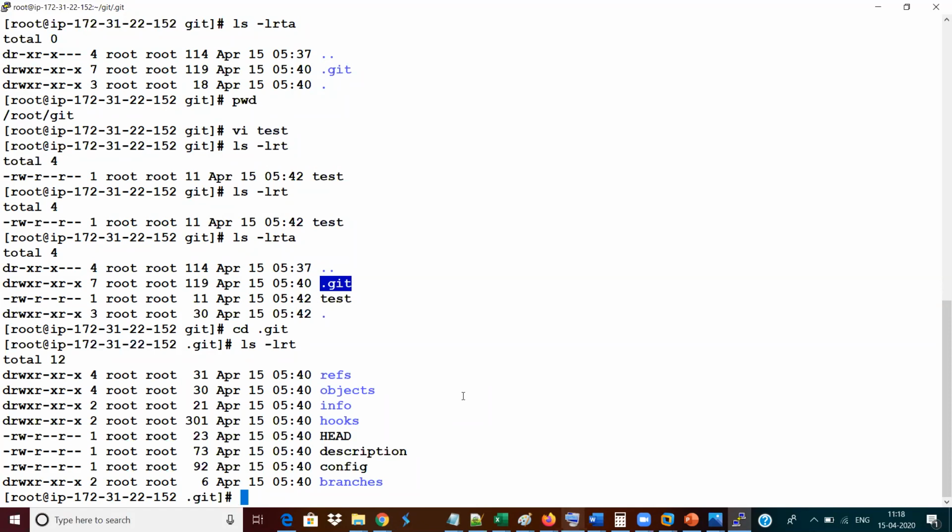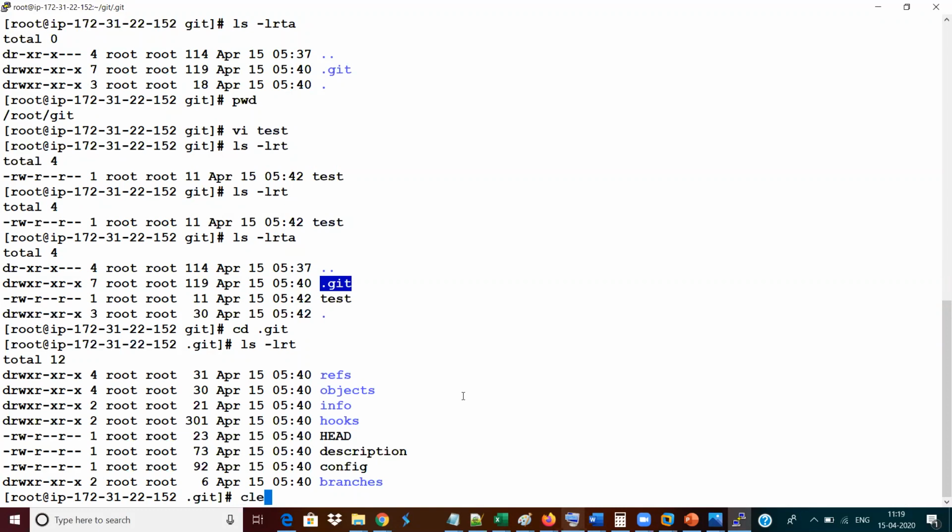Everything will be available here, guys. Anything you need to do related to Git operations, whatever you are performing, everything will be stored and kept in this .git folder only. So this .git folder is your local repository for your server, the EC2 machine which I created and named Git.